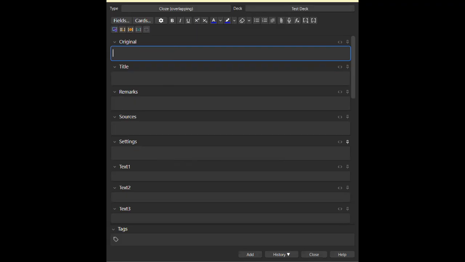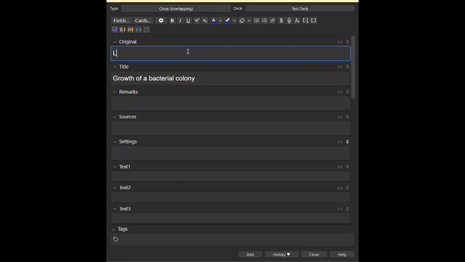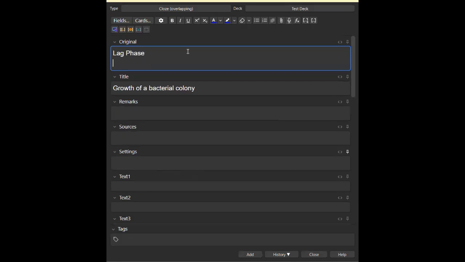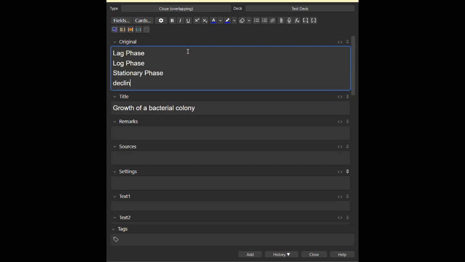This is for processes. Let's say this is the growth of a bacterial colony. It starts with the lag phase, log phase, stationary phase, and then decline or death phase.